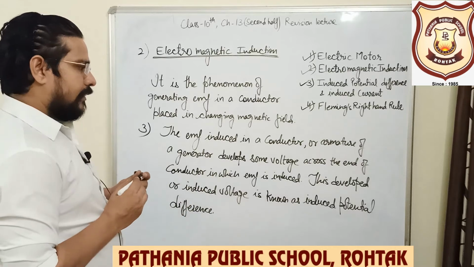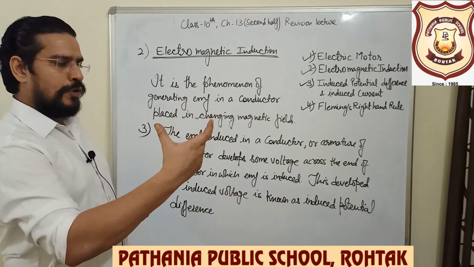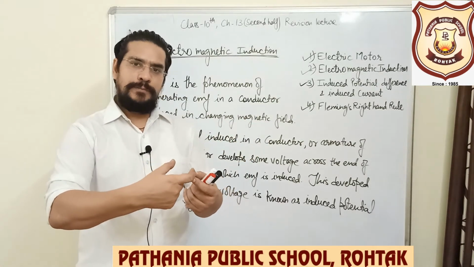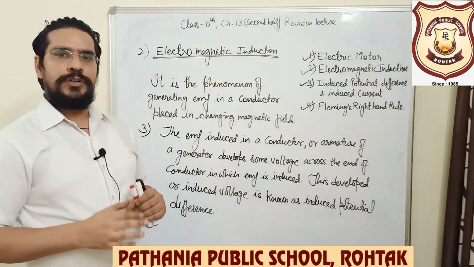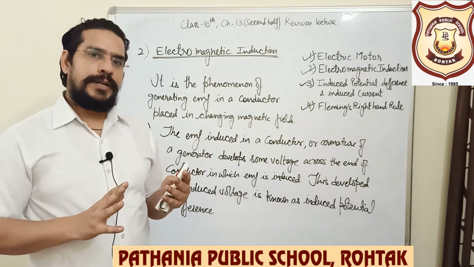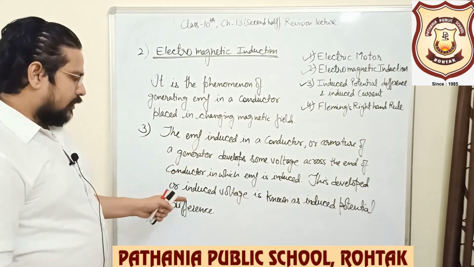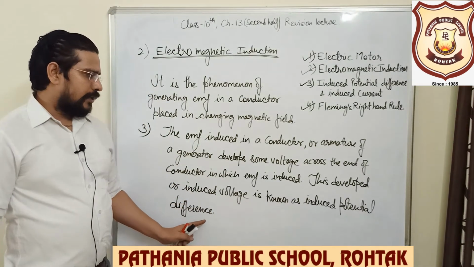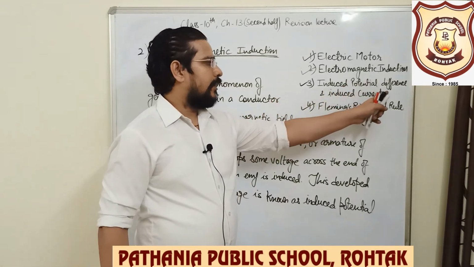So it is quite simple. When EMF is being induced in a conductor, obviously if you measure with the help of a voltmeter at the ends of the conductor or at the ends of the armature, you will be able to see a reading of 5 volt, 6 volt, 12 volt, 220 volt, whatever the value, which depends on the strength of the magnets of the generator and the length and resistance of the conductors. Some voltage can be measured across the ends of a conductor. Some potential difference can be measured, and that potential difference or voltage is known as induced potential difference.